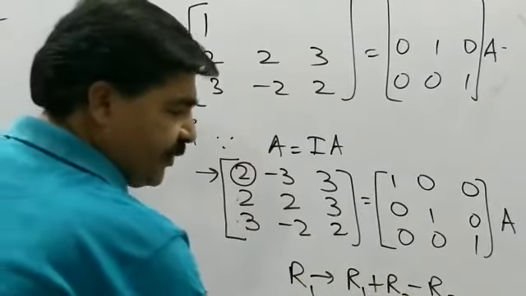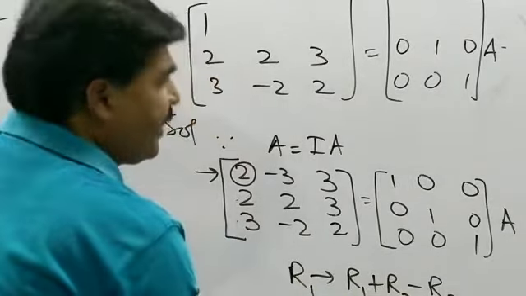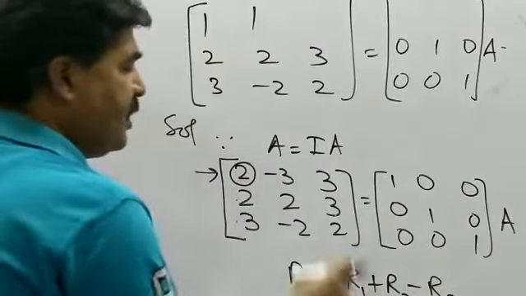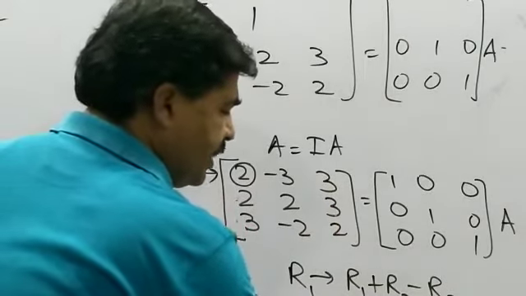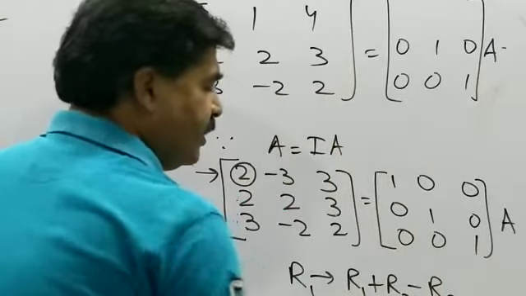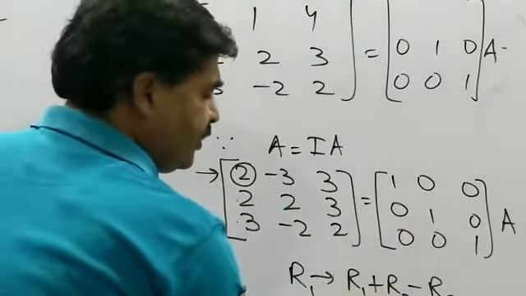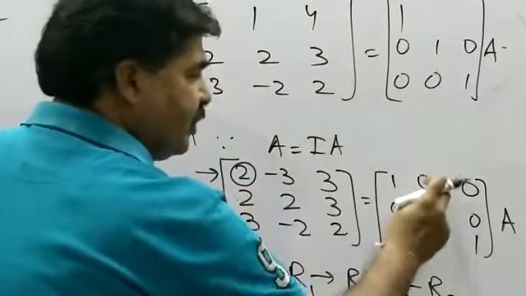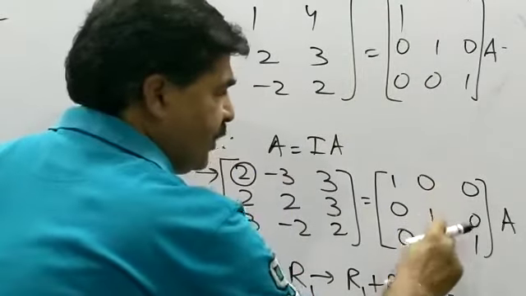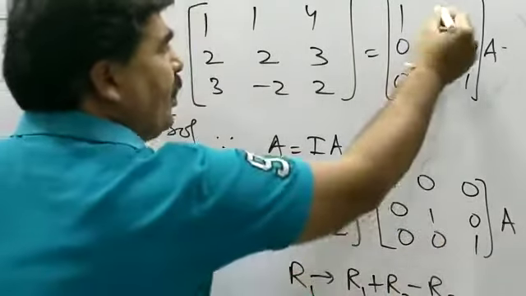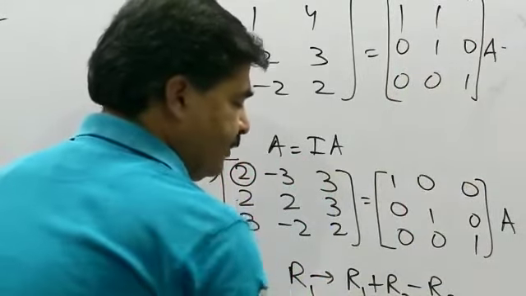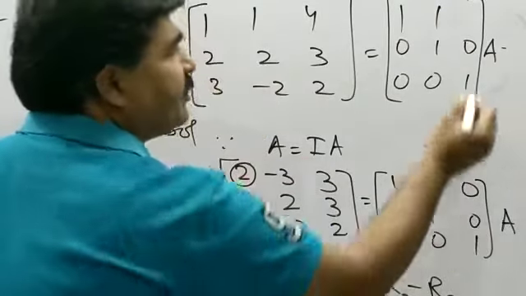Then for the next item, R1 is minus 3, R2 is 2 and R3 is minus 2. Minus minus plus, 2 plus 2, 4, 4 minus 3, it is 1. Then the next is 3, 3 and 2, 3 plus 3, 6, 6 minus 2, 4. Then on that side, 1, 0, 0 means 1. Then 0, 1, 0 means 1 minus 0, 1. And 0, 0, 1 means minus 1.